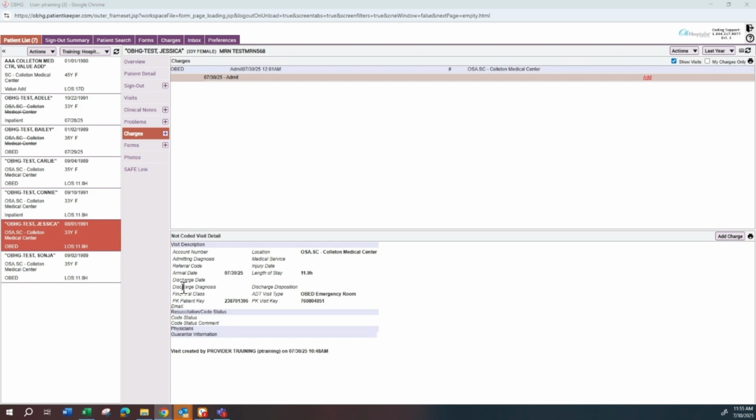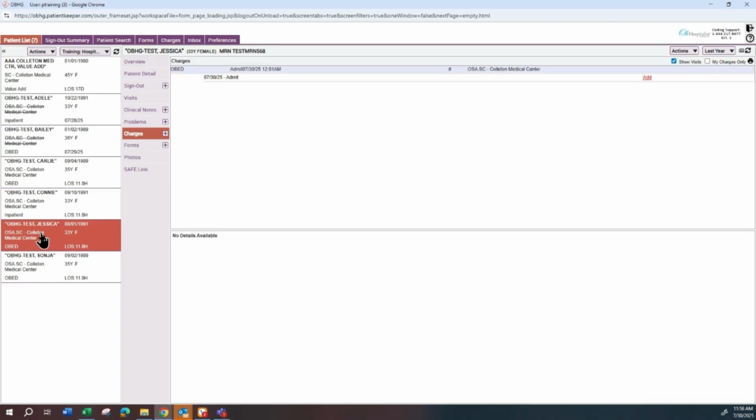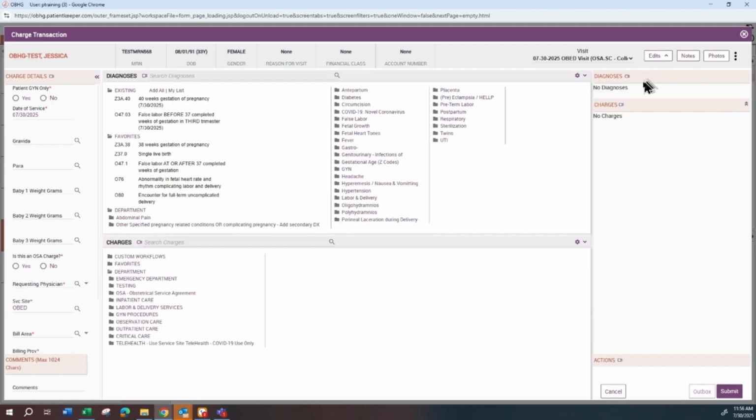Chapter 3, Adding Patient Charges into PatientKeeper. Select your patient from the patient list. Verify charges is selected. Choose the red add for the appropriate date of service, and that will give you your